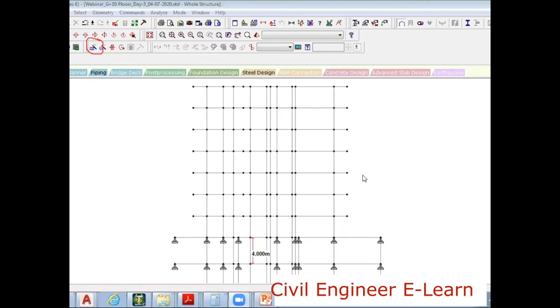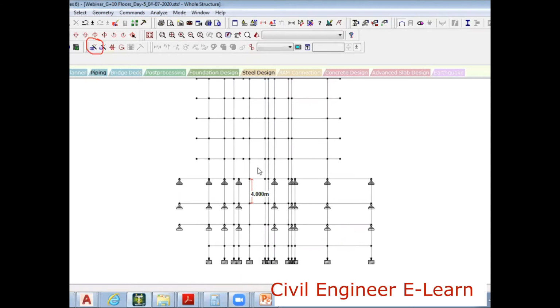No offset in the first floor. So this is our first floor, right? This is our first floor level. This is ground level. 1, 2, 3 basements, right? This is first floor. So for the first floor bottom slab, this is the corridor. This is the corridor for the first floor bottom slab.